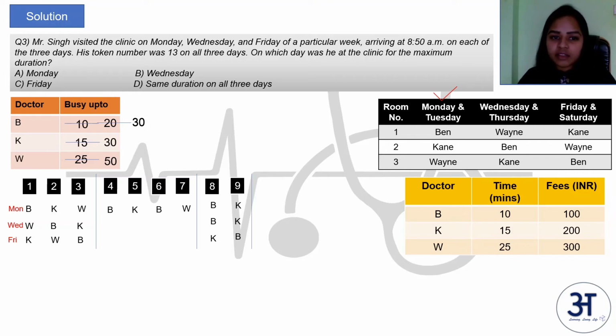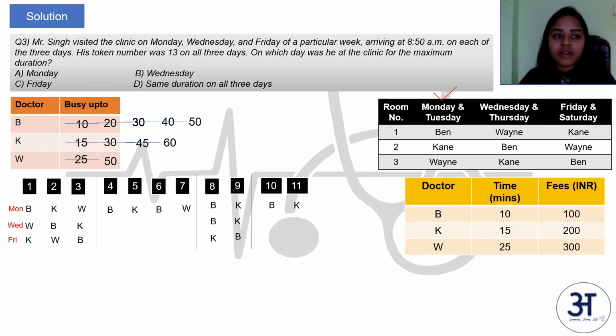So once they are allocated, patient 8 and 9, these two doctors will be busy up to 10 minutes and 15 minutes respectively. So Dr. B will be busy up to 40th minute and Dr. K will be busy up to 45th minute. So now, irrespective of the order of the patients 8 and 9, going to whatever is the doctor, patient 10 will always be going to Dr. B because Dr. B is getting free at 40th minute and patient 11 will be going to Dr. K. So this makes Dr. B busy up to the 50th minute and Dr. K busy up to the 60th minute.